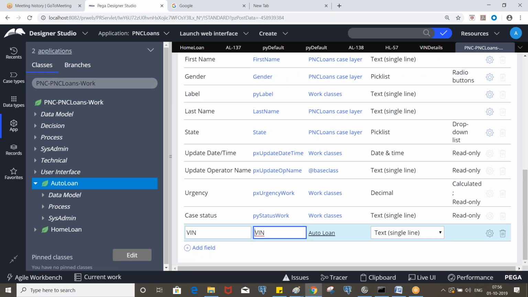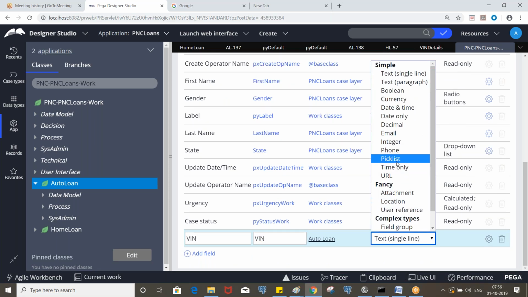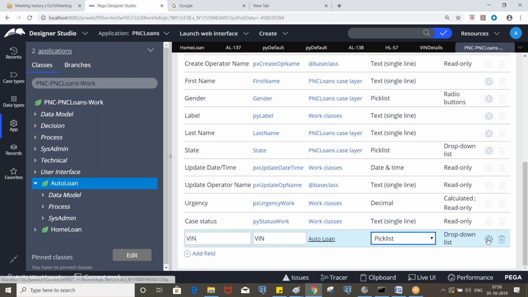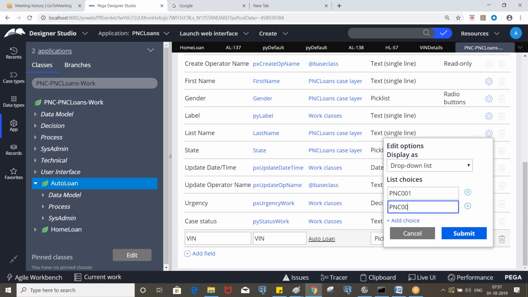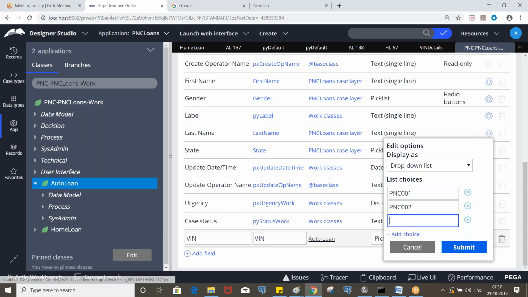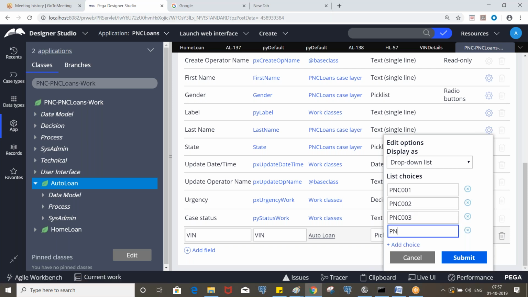Let's say win, so it will be a drop down here. Let's say PNC 001, PNC 002, like this.